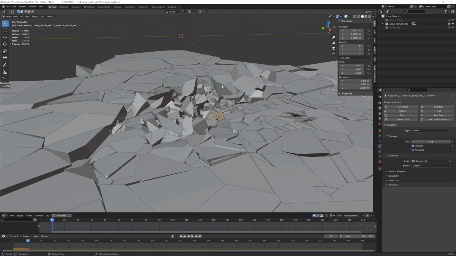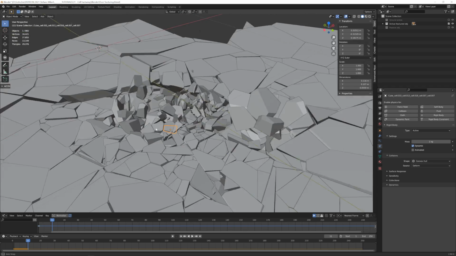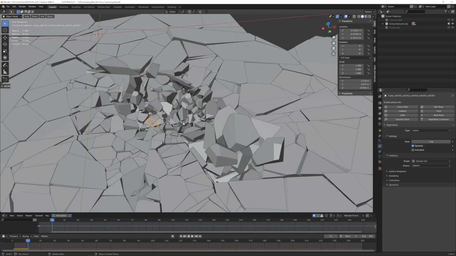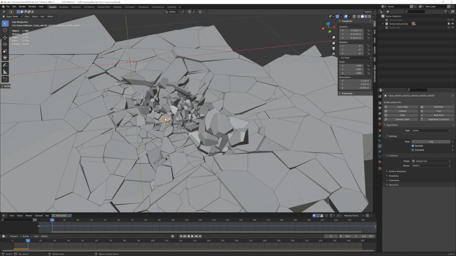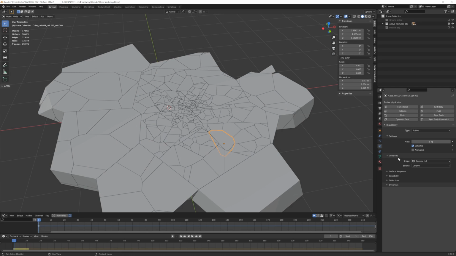I don't want them to have this kind of behavior, and that's probably because they are too near one to the other. So I go under the sensitivity tab and turn on the collision margin option, and I want to reduce this number. Let's try